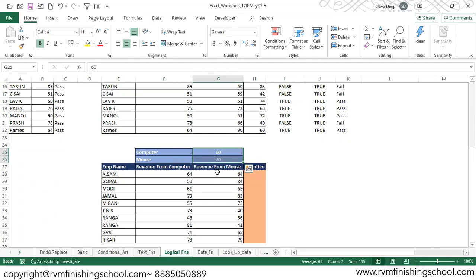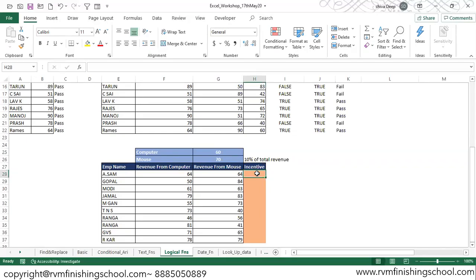And if you want to include the threshold, then a greater than equal to sign will come. Let's say we are including the threshold. So if both the conditions are met, then only I'll give them incentive, and incentive will be 10% of total revenue. So when both the conditions are met, I should give them incentive, and incentive will be 10% of the total